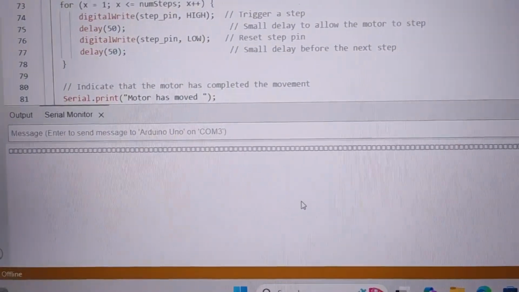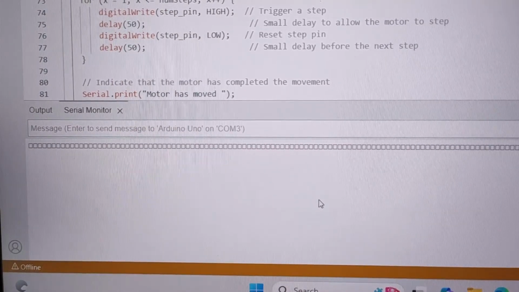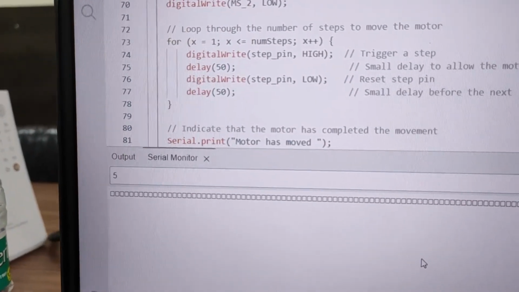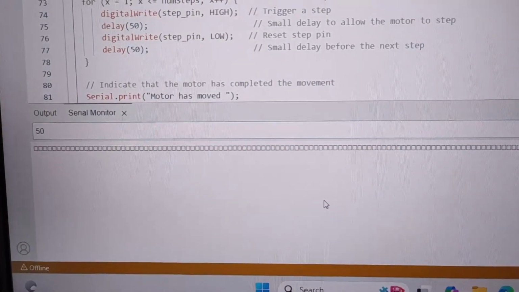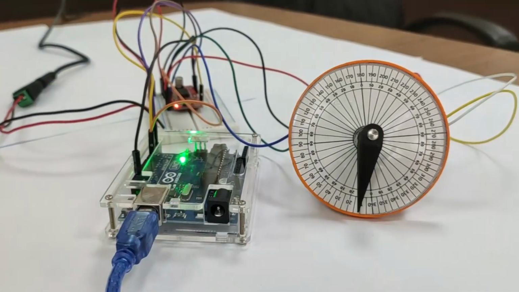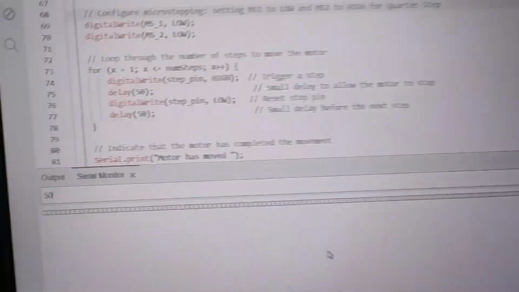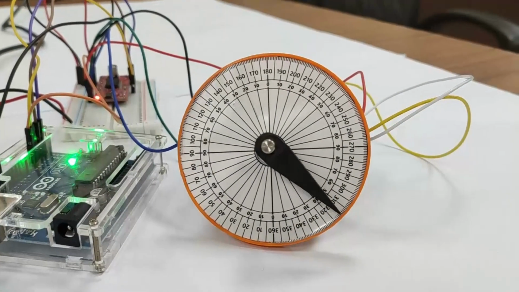Here I'm going to enter 50. It is entering 50, and again, it is at position 10 degrees. It will go anti-clockwise for 50. I press enter, and it is moving in steps.